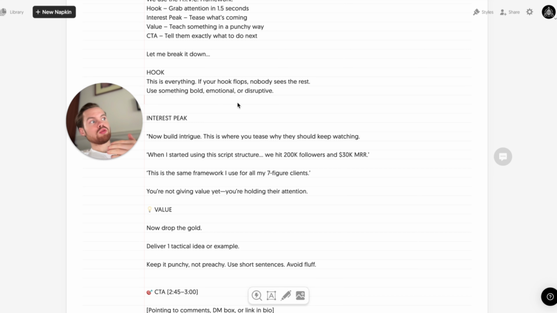For example, the best hooks I've ever created are controversial, and there are 3 types of hooks you can really use. One is a text-based hook, so you're putting something on the screen. Two is a speech-based hook, so you're saying something. Three is a visual hook, which is animations, etc. And you should pair all 3 together in every single one of your videos, because this is going to make sure people stay on your videos.